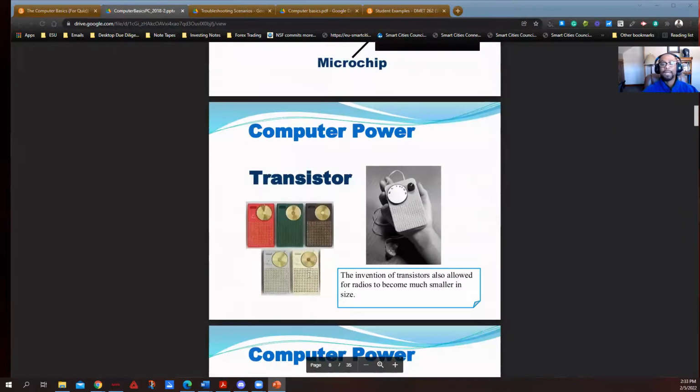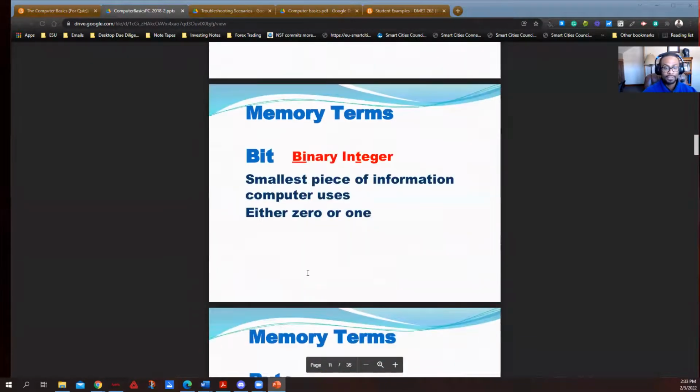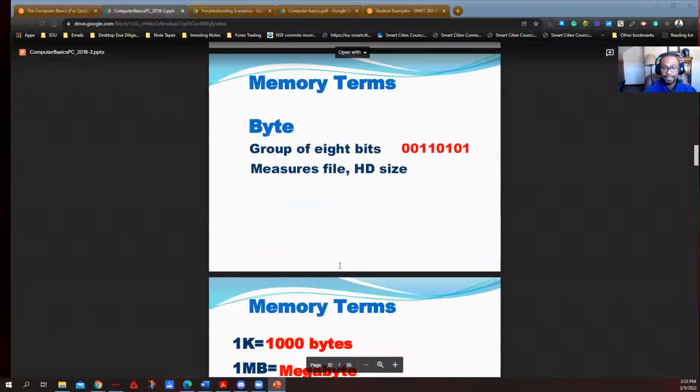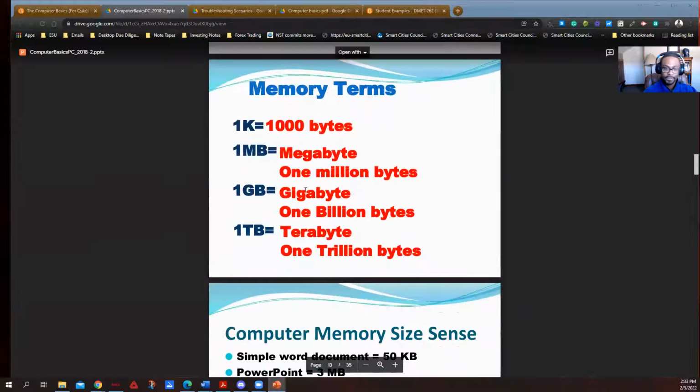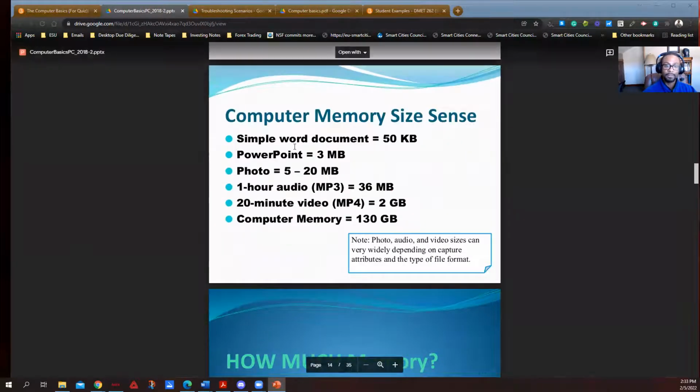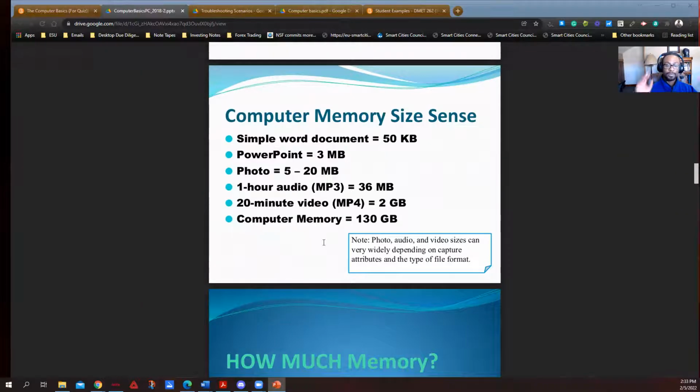All right. So I'm not going to give you the lecture on this. You can look this over all on your own, and you can do very well on the quiz. As a result, we talk about bytes, zeros and ones, memory terms, breaking down the units of kilobytes, megabytes, gigs, and terabytes, and some language, which is really great for you to understand, because as you migrate to things like Google, and you got 17 gigs of free information,